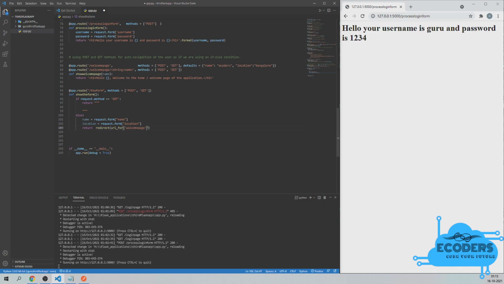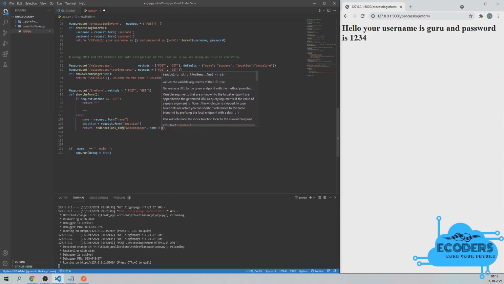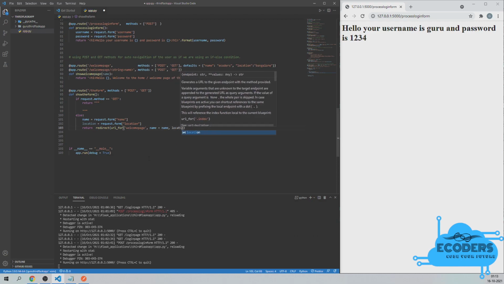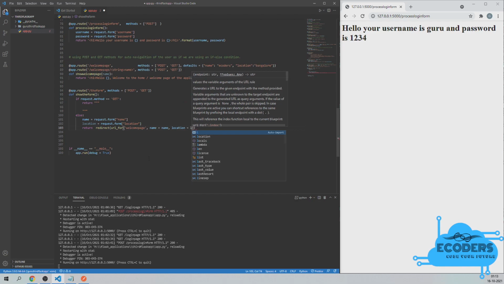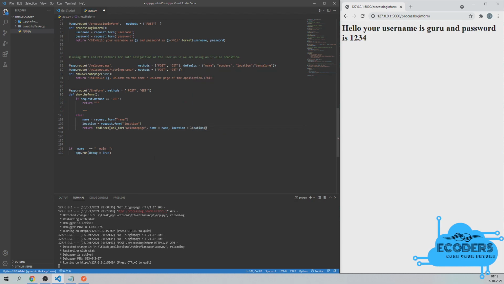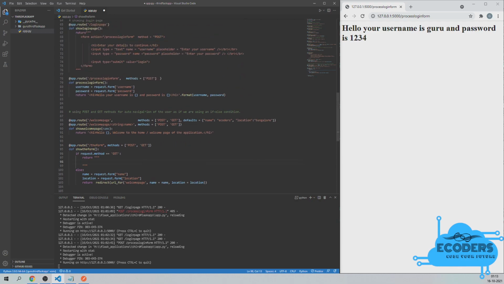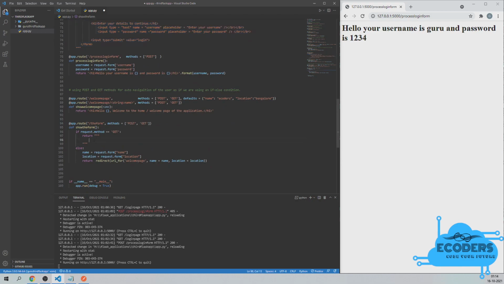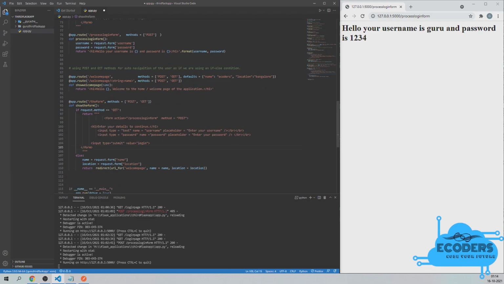And here two parameters are going to come. One is the name parameter, which they have named name itself, and one more parameter is called location, which is going to be the same name which they have kept, location. That's it. Now let us design the form once again, like how we have done it over here. So let me copy this entire form itself and paste it over here like this.